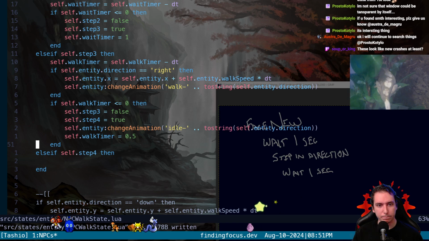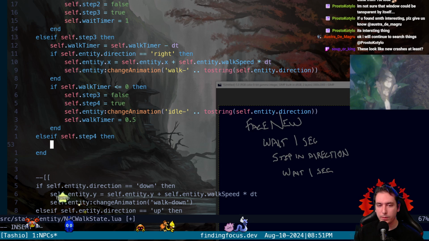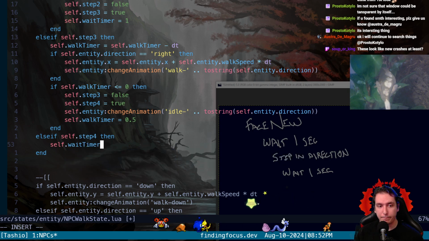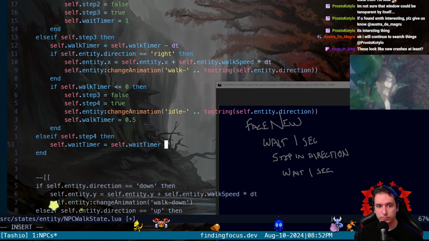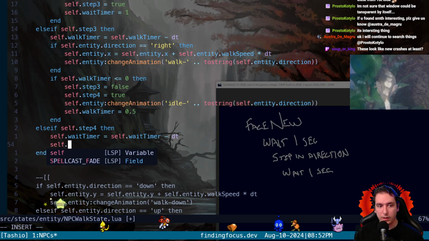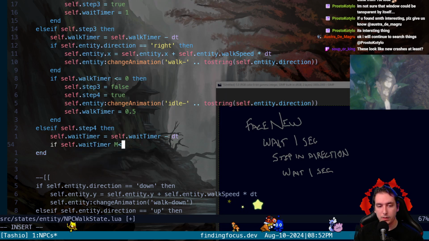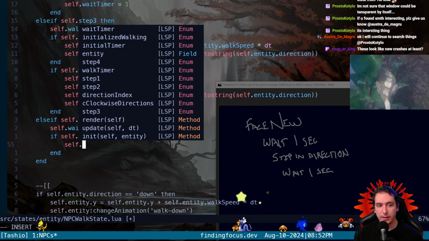Okay. So we're going to do, if we're step 4, all we need to do is wait to change to step 1 again. So if we're in step 4, we're going to decrement our wait timer. And then if our wait timer is smaller than or equal to 0, then we're going to go ahead and